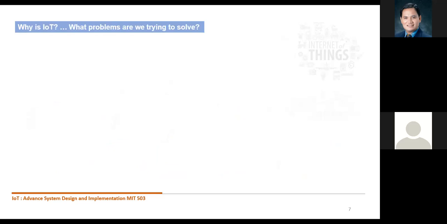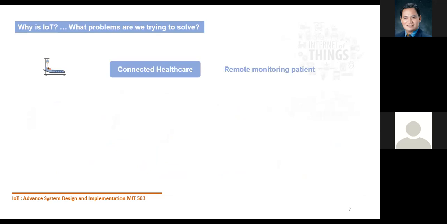What problems are we trying to solve? Let us give an example: connected healthcare or the smart health. Once it's connected healthcare, either monitoring of the condition of patients inside the hospital or in old people's homes, once we equip it with devices and inputs connected to apps and IoT platforms, and then feedback